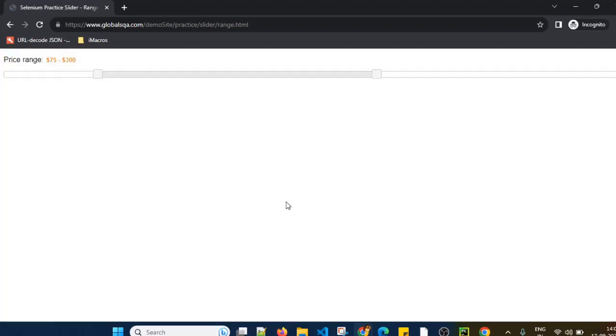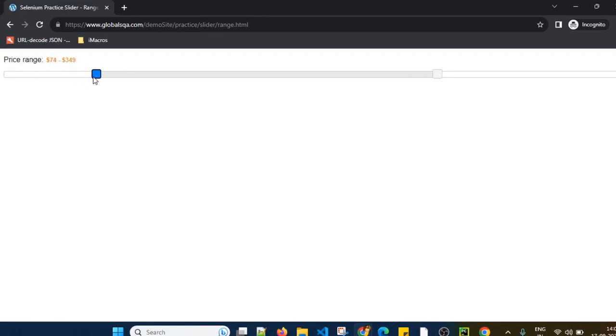Normally, whenever we see any e-commerce website, we see some slider UI element like this, in which we can slide the price or some other parameters as well. So this is the slider UI element. If you see, there is a minimum slider and a maximum slider. By using this slider UI element, we can set the range for various parameters as per the website.